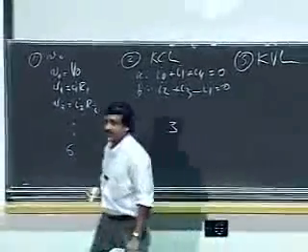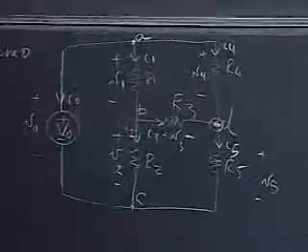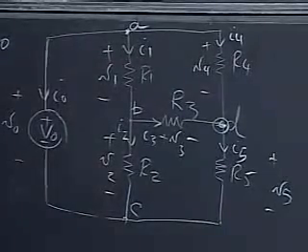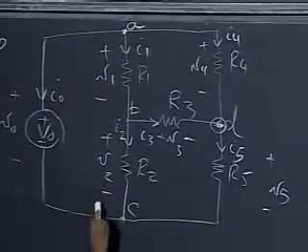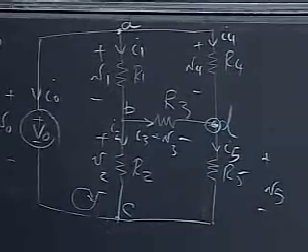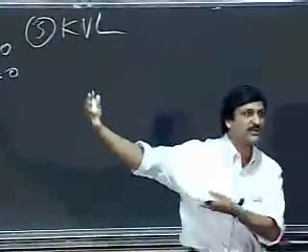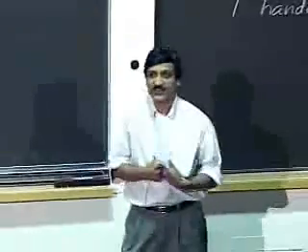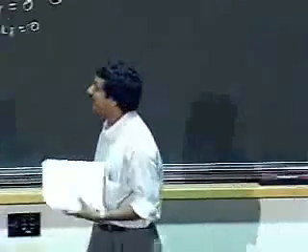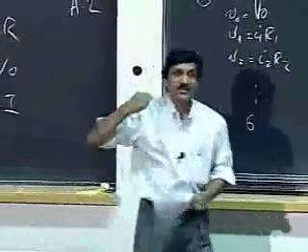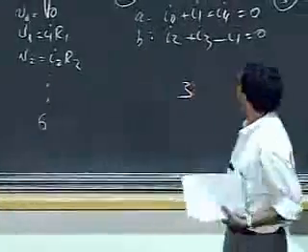I can then write KVL. And for KVL, I just go around my loops here. Let me go through this first loop here in this manner. A simple trick that I use: you have to be incredibly careful when you go through this, keeping your minuses and pluses correct. Otherwise you can get hopelessly muddled. Once you label it, you need to be sure that you get all your minuses and pluses correct.